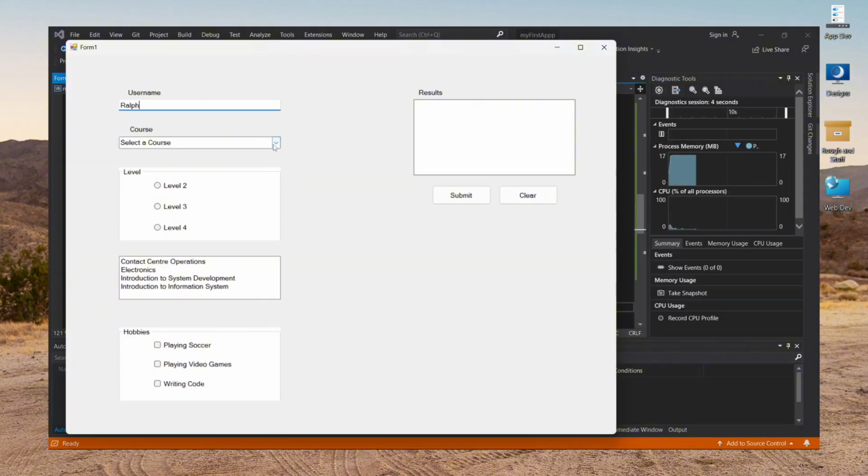Ralph. Level 2, multiple. Those two. Let me clear first. To select multiple, you have to press shift and then select the subject you want, right? Press and hold shift and select the subject you want. Wait. See,